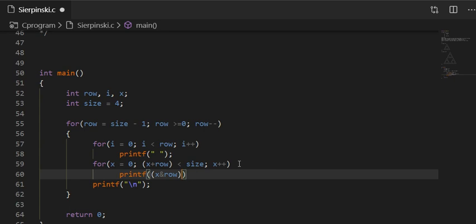If x and with row is true, we have to print two spaces. Otherwise, we have to print a star and a space.